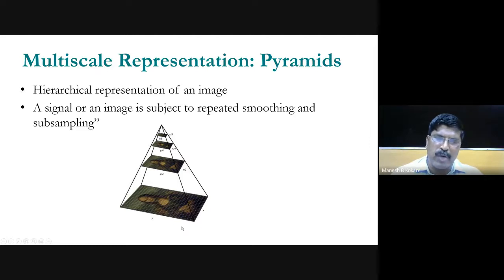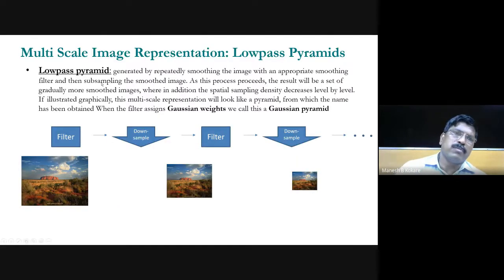Suppose for example you have a 512 by 512 image. So finally you can represent a one by one image, but the information will be very less. So you get information at this scale, this scale, this scale, and this scale. So you get multiple level information, and then you can use that information for doing the analysis and so on.